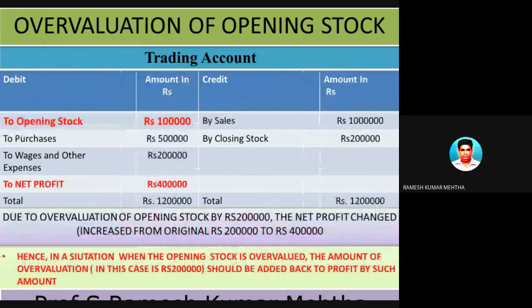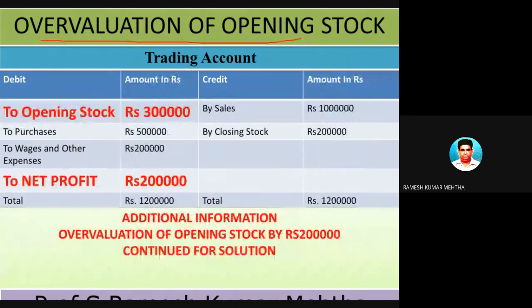First one is overvaluation of opening stock. If you are overvaluing the opening stock, there can be an error in the calculation of the profit, and the profit shown will not be the right profit. So, for example, let's take what should be done as far as overvaluation is concerned. The trading account is given. The trading account shows opening stock of 3 lakh rupees,